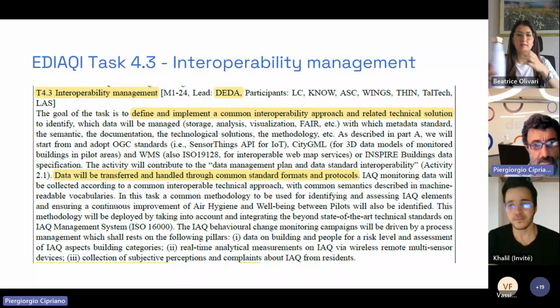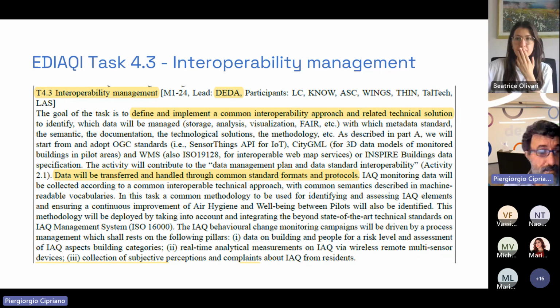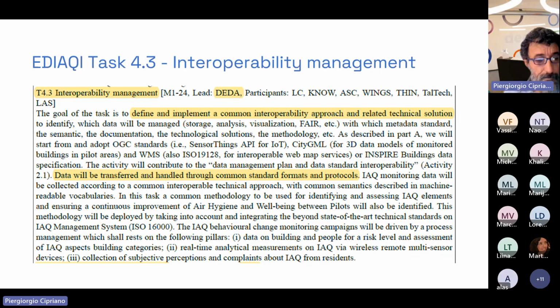Just reminding the overall objective of Task 4.3 in the EDIAQI project, which is entitled interoperability management. The goal is practical: to allow EDIAQI partners, in particular those in charge of implementing pilots within the EDIAQI project, to make their own dynamic data coming from sensors, in particular those related to indoor air quality, fully interoperable.